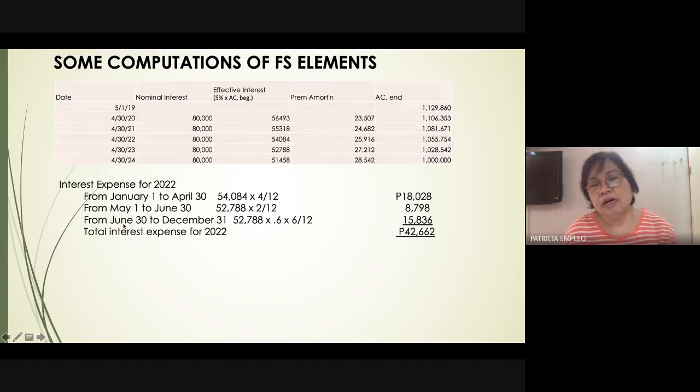Then, at June 30, we retired 400,000 of the previously issued 1 million bonds. After retirement of this 400,000, the remaining outstanding bonds is 600,000. So 600,000 over 1 million is just 0.6 or 60%. And therefore, 52,788 times 600 over 1 million times number of months from June 30 to December 31, that's 6 over 12. Therefore, our interest expense for the period June 30 to December 31, based only on the remaining outstanding 600,000 bonds, is 15,836, such that your total interest expense for 2022 is